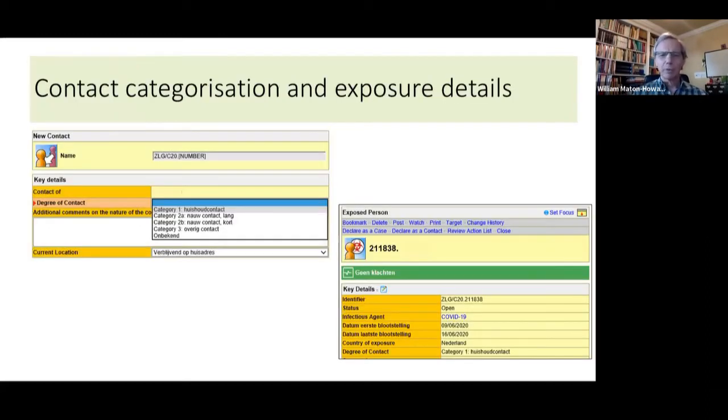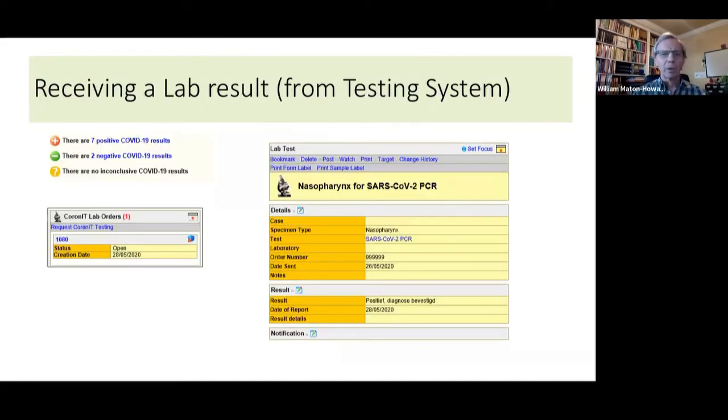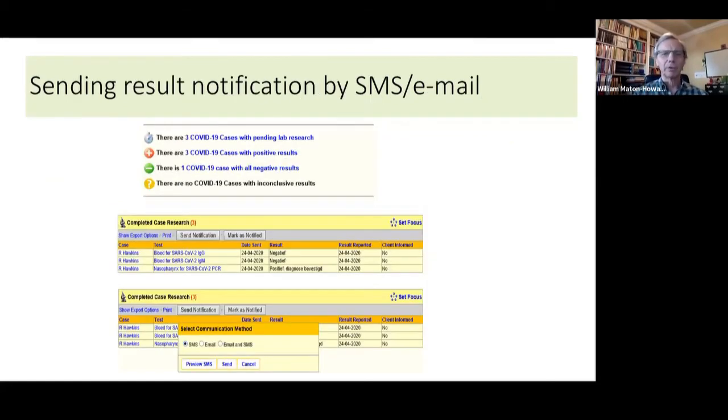Just to show very quickly, again, some screenshots of the type of system that they've been able to develop very rapidly over in the Netherlands, to cover all of the 25 GGD days, and allowing, for example, lab results to be fed in rapidly, those results to be acted on, and notifications sent out to individuals by SMS or email.